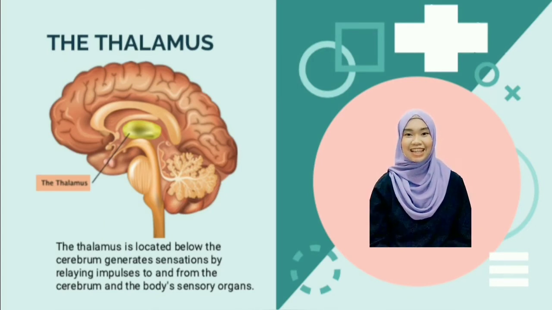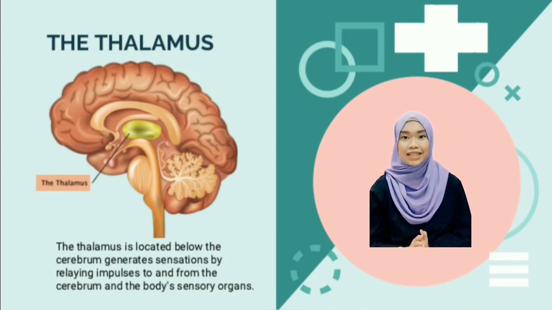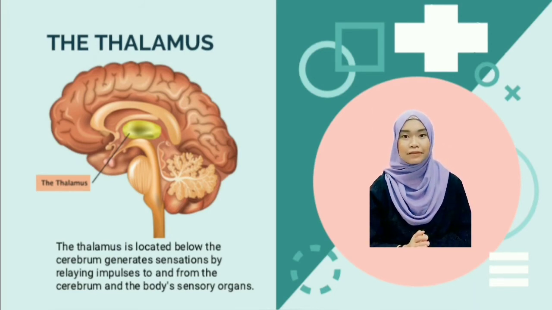The next point is the thalamus. The thalamus is a small brain structure located just above the brain stem between the cerebral cortex and midbrain, with extensive nerve connections to both. So, what is the function? The thalamus' main function is to transmit motor and sensory signals to the brain cortex. Sleep, alertness, and waking are also controlled.